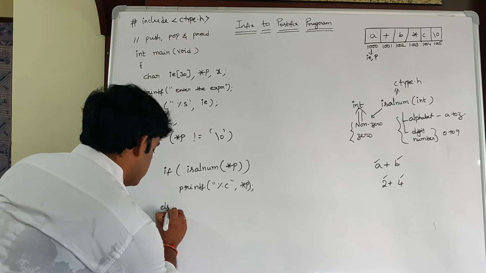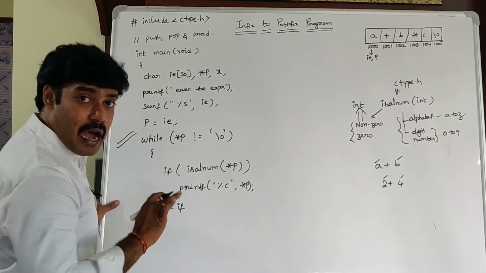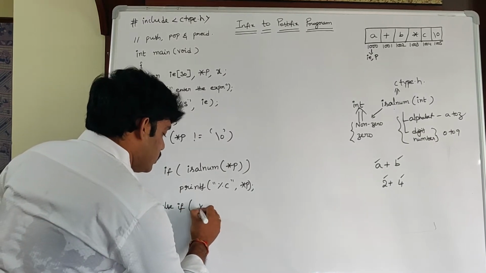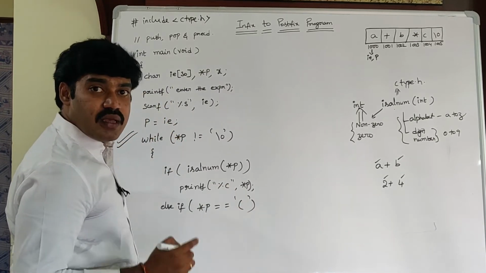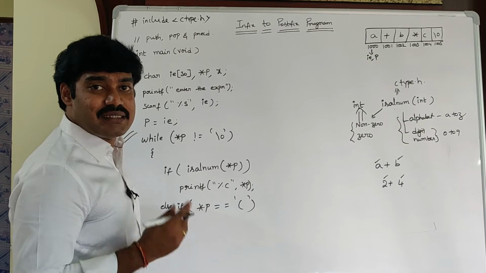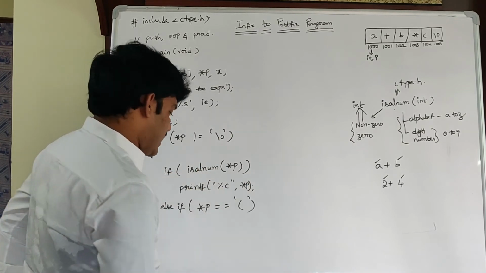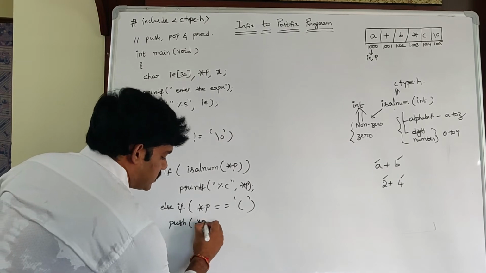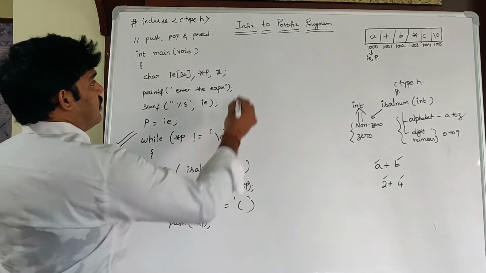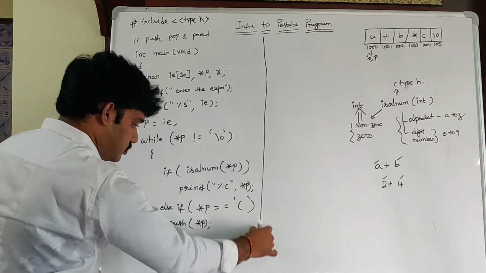Else, if it is not an operand, check *p == '(' the opening parenthesis. If it is the opening parenthesis, then simply push into the stack. So push of *p, simply push into the stack. Next, else if